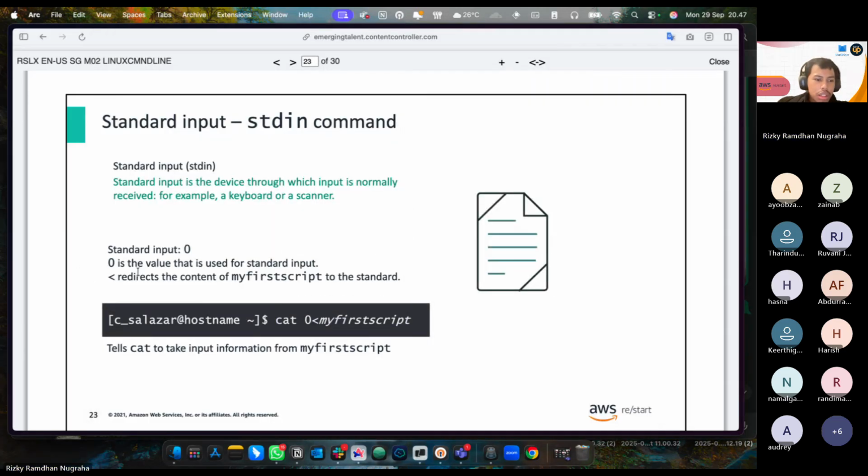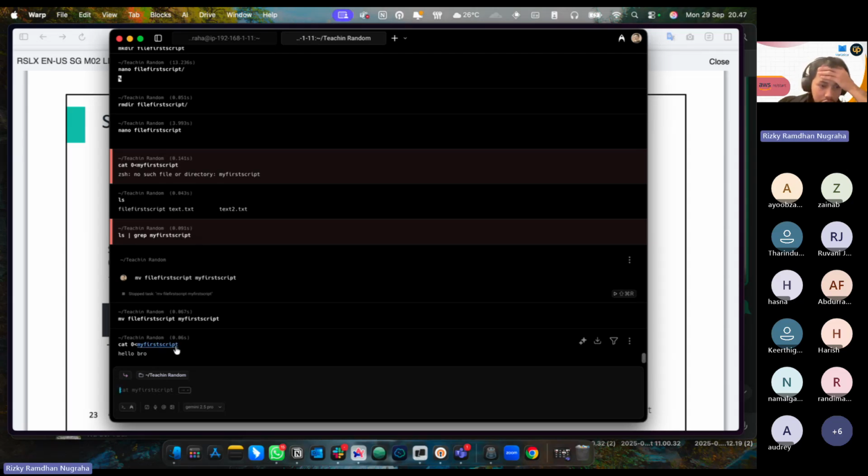Standard input. 0 is the value that is used for standard input. Redirect the content of first script to standard input. So I think 0 is like when we type something, it's a standard input. For the example, cat 0 is something that we give to the execution. Okay. And then,